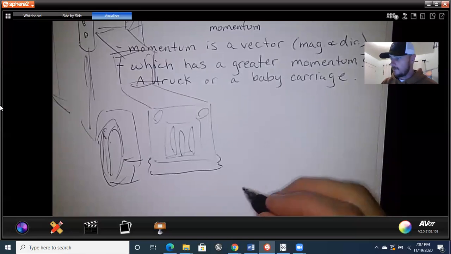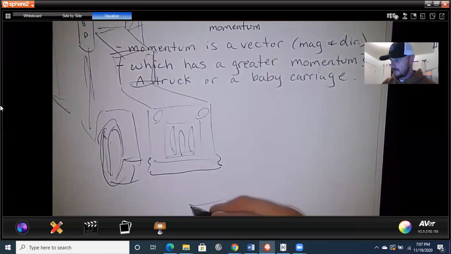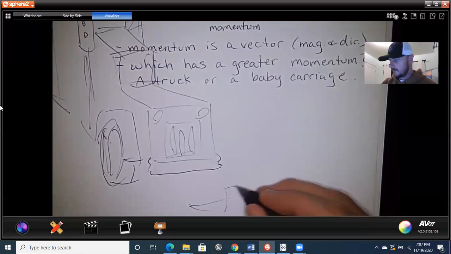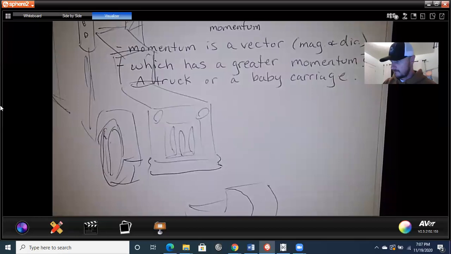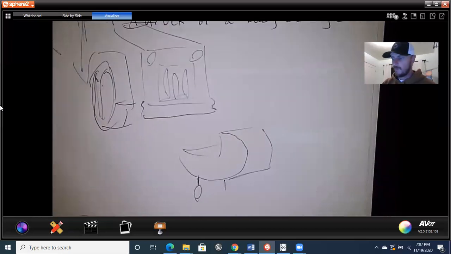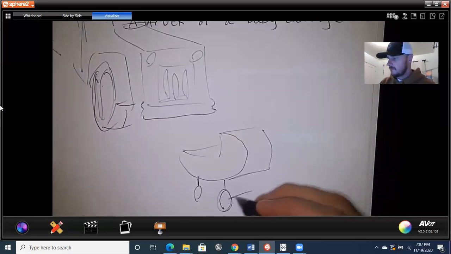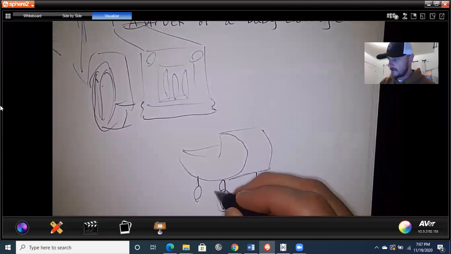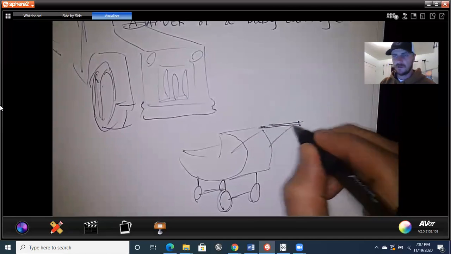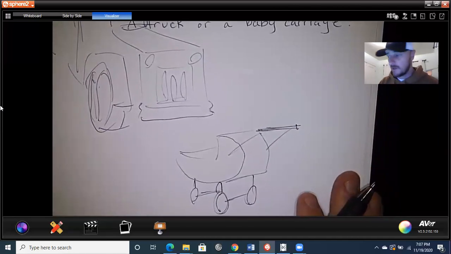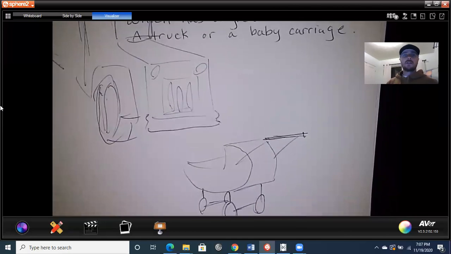And here's our little baby carriage. Oh no, no, what are you doing, Mr. Heinrich? Is the baby going to be okay? We will see. Who has greater momentum is the question. Who has got the bigger momentum? We got some handles on here, right? Mom is obviously off at Starbucks drinking coffee, doesn't even realize where the carriage is. Who's got the bigger momentum? It's the showdown of the century.